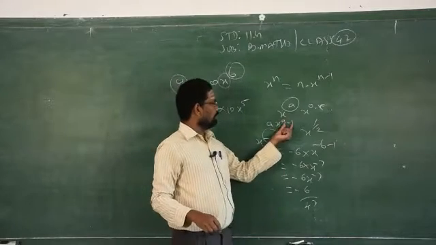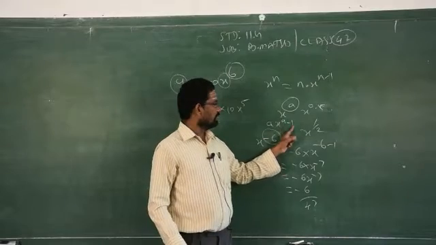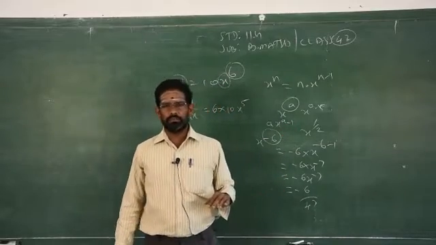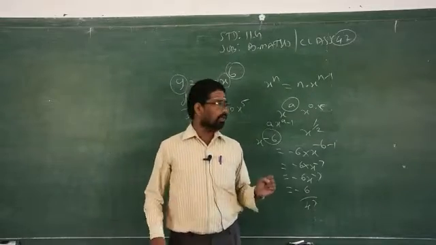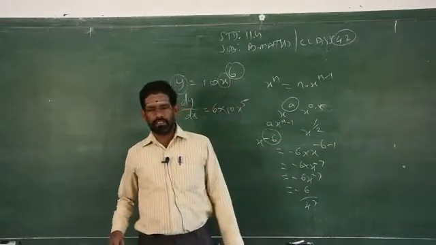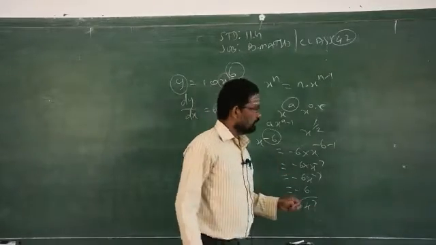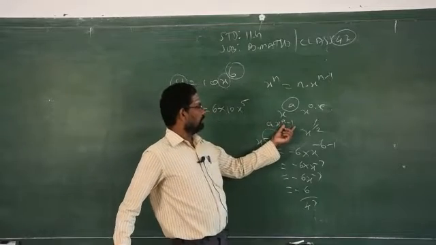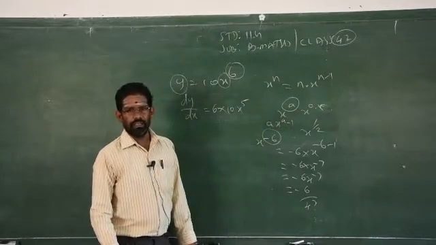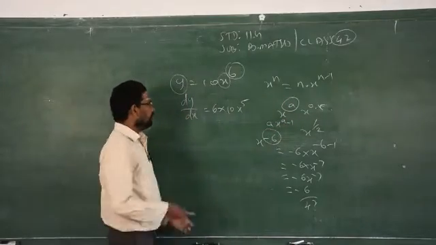You cannot subtract these two because they are not like terms. They are unlike terms. You can divide and multiply with unlike terms, but addition and subtraction are not possible. You can do those two operations only with like terms, not with unlike terms. These are unlike terms, so you have to leave it as it is. Clear? So if the power of x is any constant, this is the process.